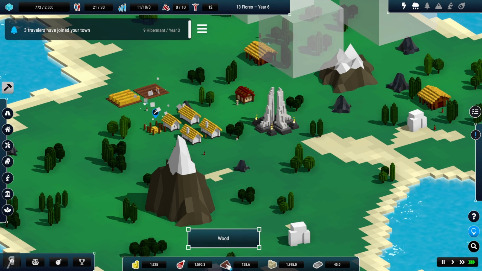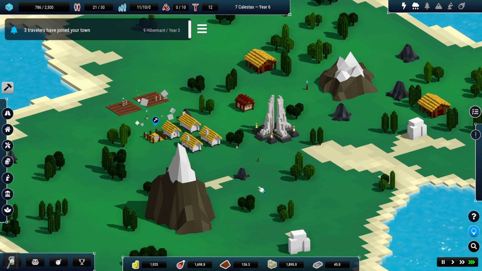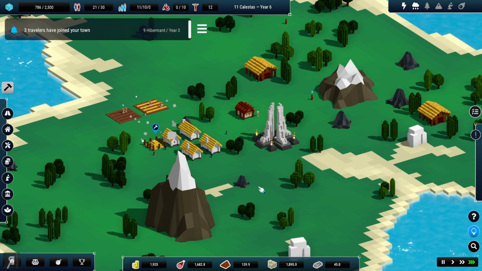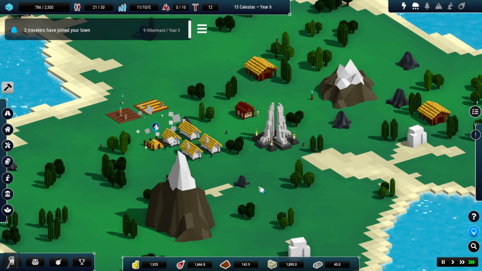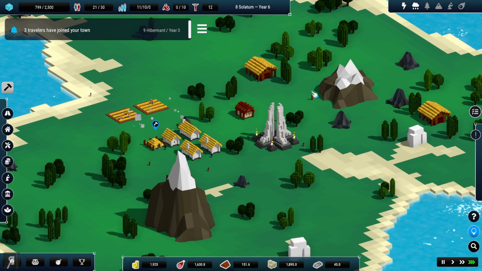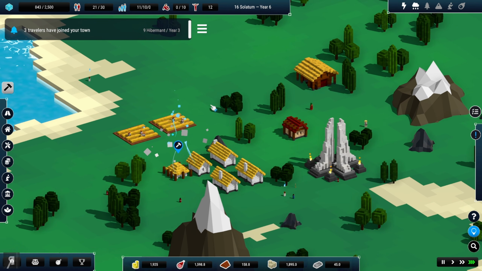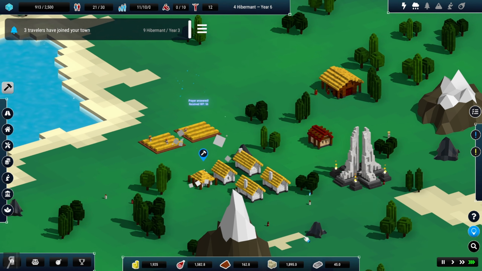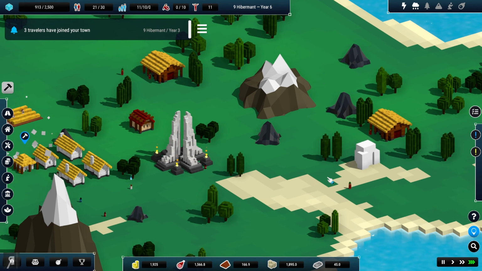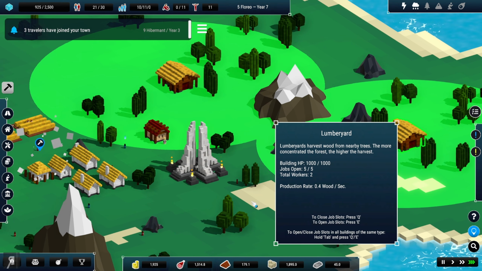As you see, the resource generation, this is one of the things that the developer is working on. And quite a few people have said that the resource generation is a little bit too slow, unfortunately. But as I said, the developer is working on it. And indeed, I cannot wait to see what it's going to be like at that point, because once the resource generation is a little bit faster, because you could see right here, we are currently generating, well, we still only have 2 workers on this, but